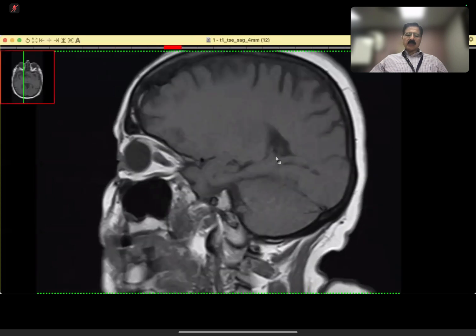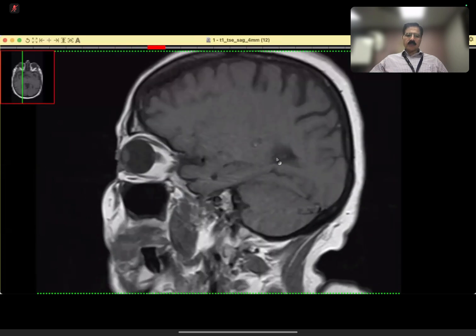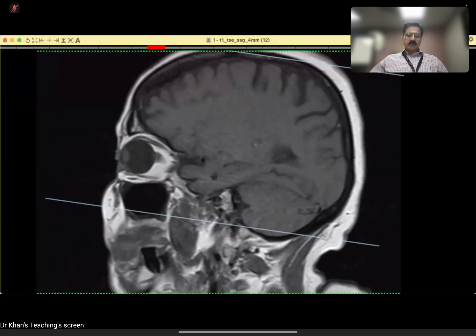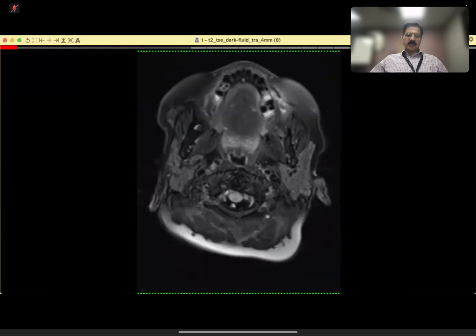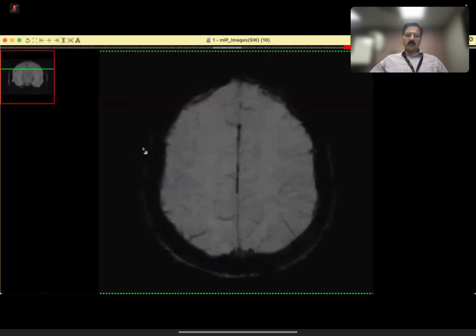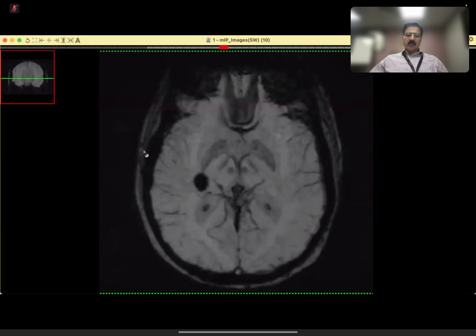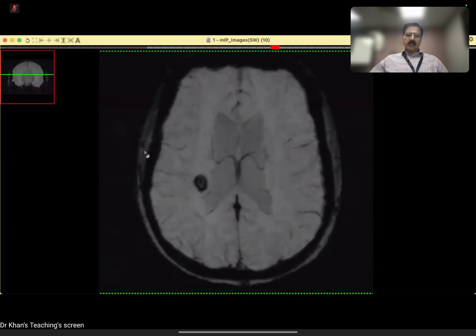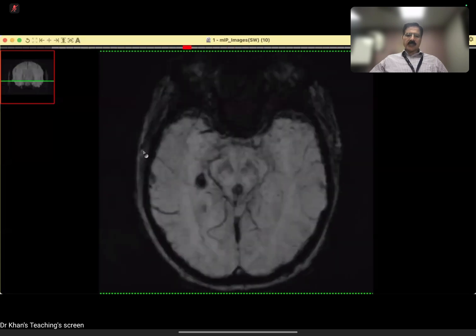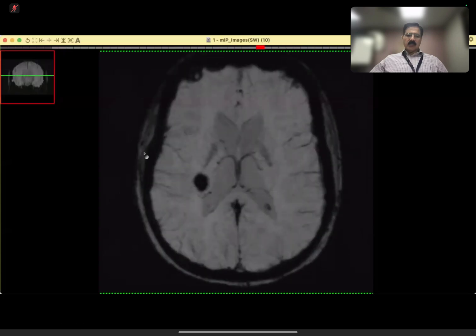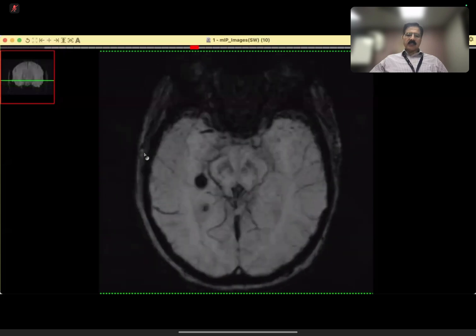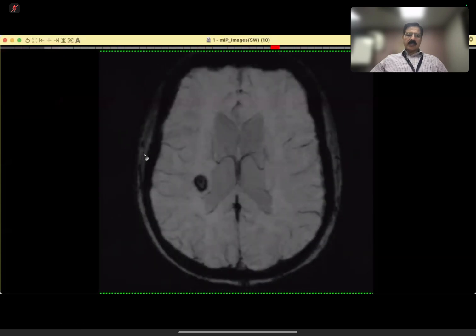But the key part is that hemosiderin rim. Cavernomas, now another concept to remember is that it's a good idea to look for multiple cavernomas. Age of the patient is one of the key. There is no role of follow-up scanning. Please remember that. But having said that, cavernomas can increase and decrease in size with age, which is very unique